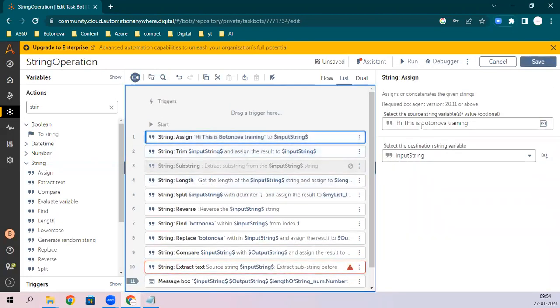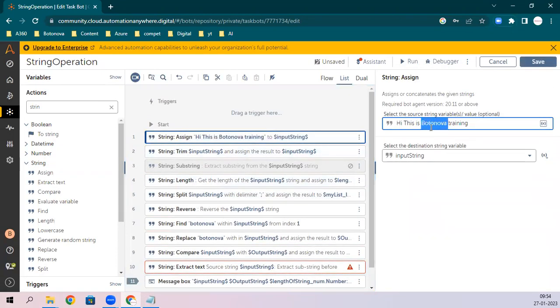Let's suppose you want to get this Botanova. We have two ways. One is a substring, where you give the position 12 and length, but I don't want to give the position and length, as this is fluctuating. If the before and after text is fixed, then you can get the value as a substring or as extracted text.